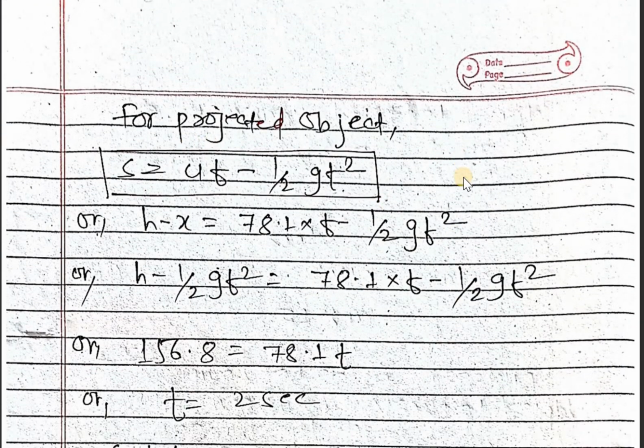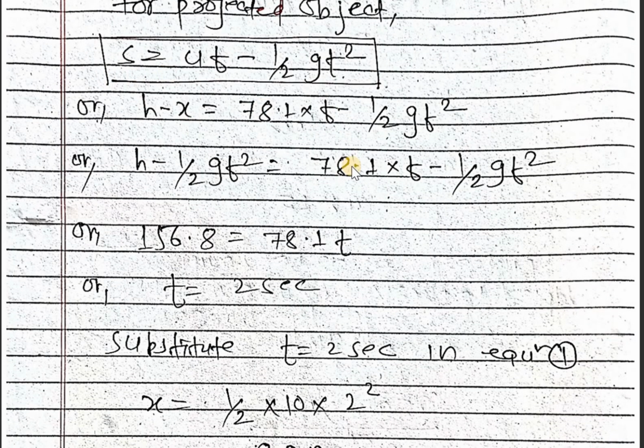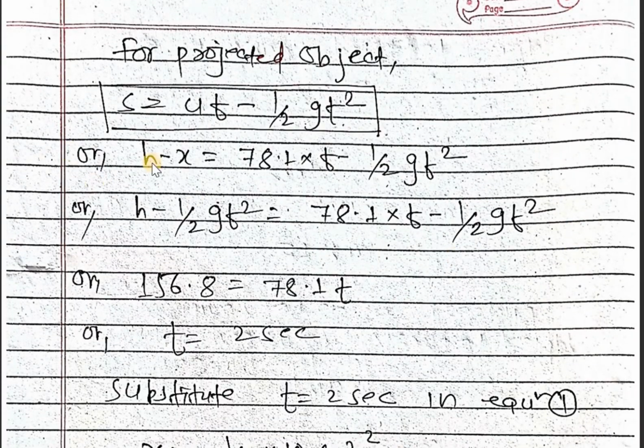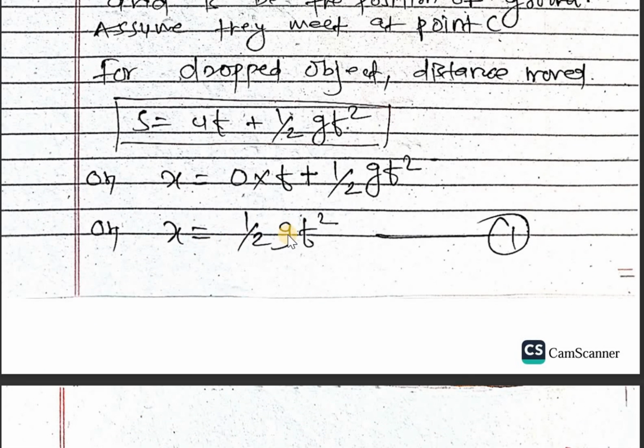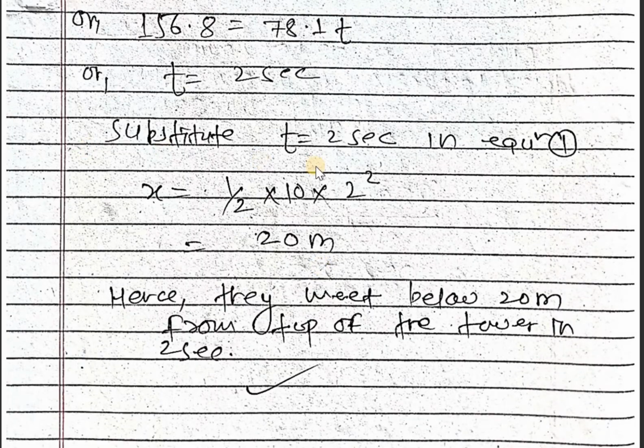Again, for the projected object, S equal to ut minus 1 by 2 gt square. The value of S is s minus x. This total is s, and this is s minus x. So s minus x equals 78.1 into t minus 1 by 2 gt square. In the place of x, we can write this half gt square. So half gt square and half gt square cancel. Therefore, S equal to 156.8 equals 78.1 t, that is t equal to 2 seconds, and